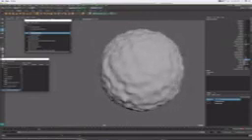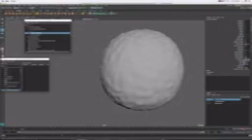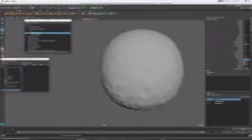Now we can try lowering the magnitude. Okay, I think I need more frequency. I want to break them a bit more. I find these waves a bit too big. Okay, that could work. And now we combine both,